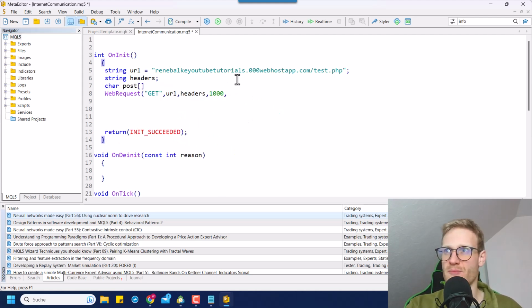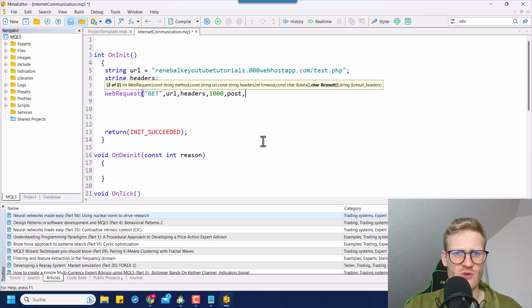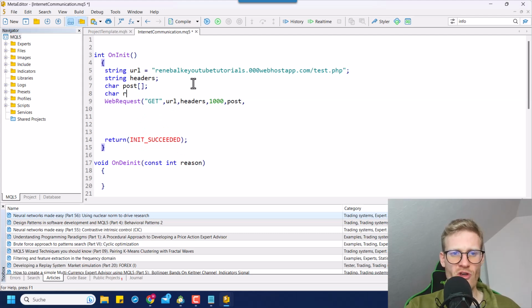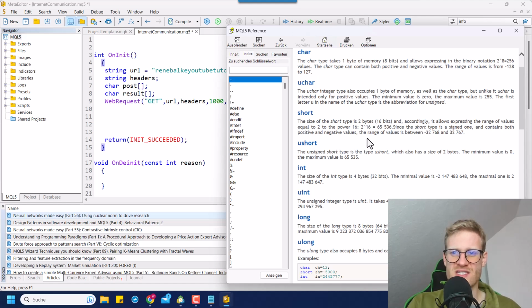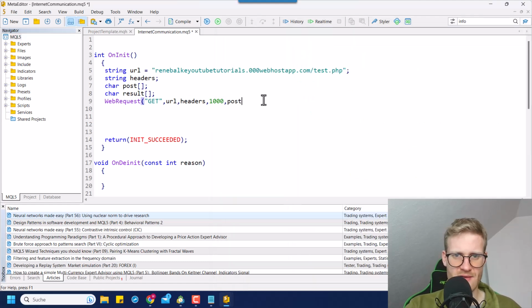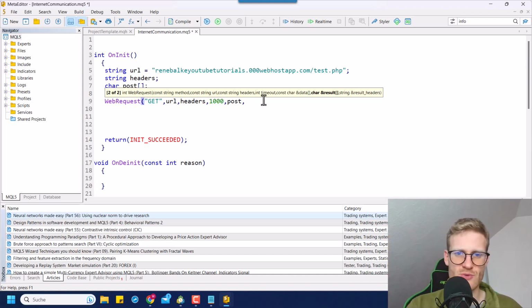post array. And this will be something that we will have to provide. So we will write a character array, which is called post. And this is what we will provide here. This is empty because for GETs, we do not really post anything usually, and we just want to get something. Then we will also have to add a character array for the result. This will be filled by the server with the result then. And these arrays are with characters, and characters are pretty much a small data form of text,